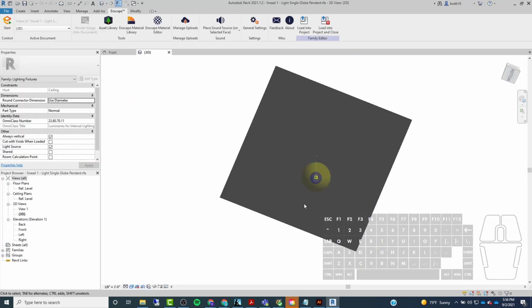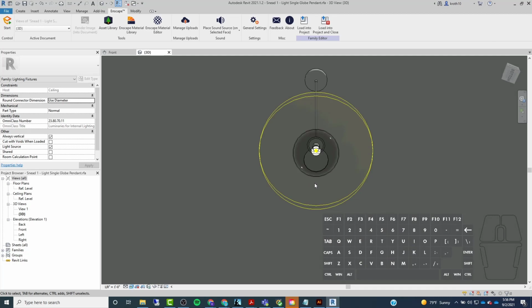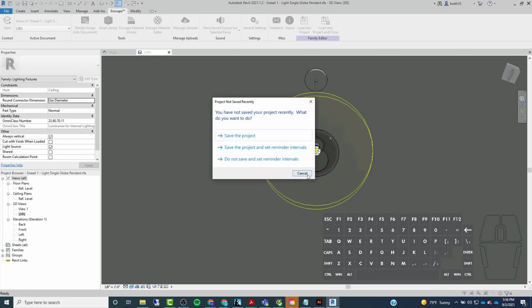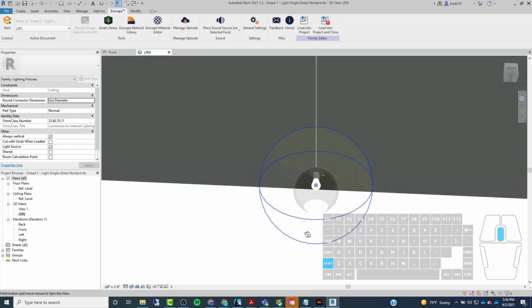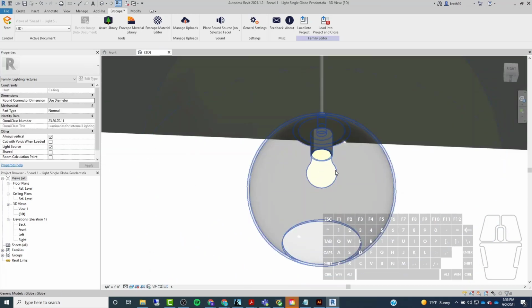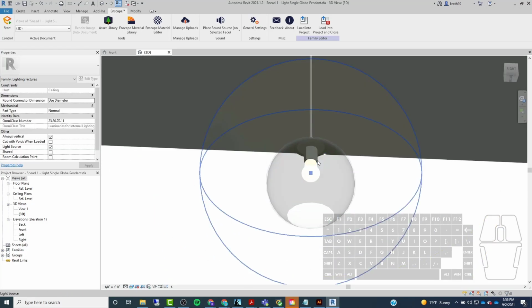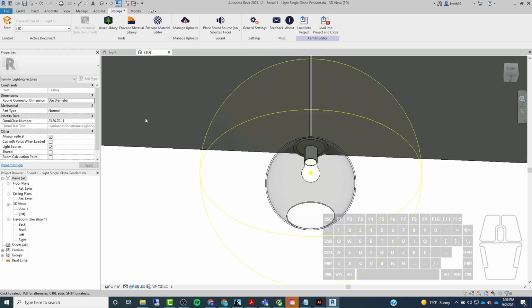Maybe if I switch to a different view style, let's try realistic. There we go. So now you can see that looks a little bit better. It actually looks like it's glowing the color that I want. And then the last thing to do is set the